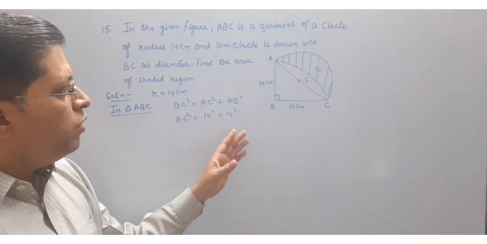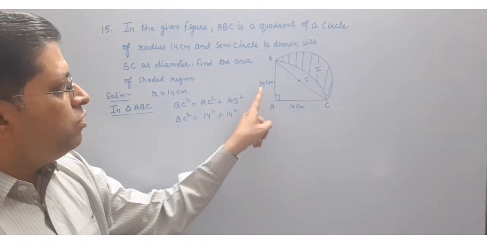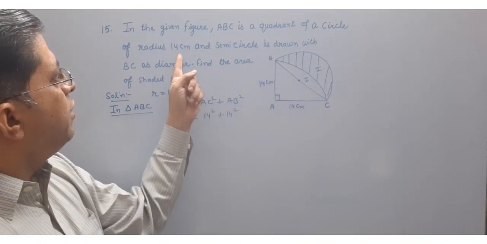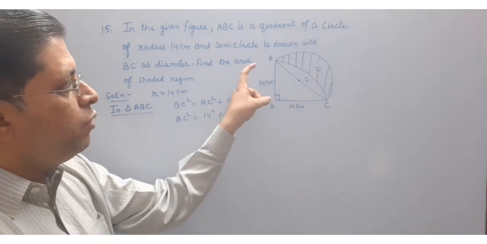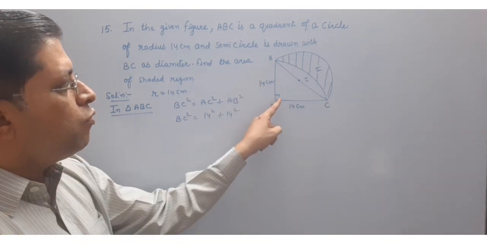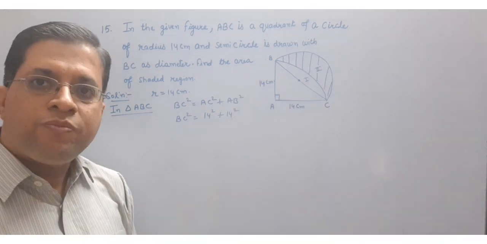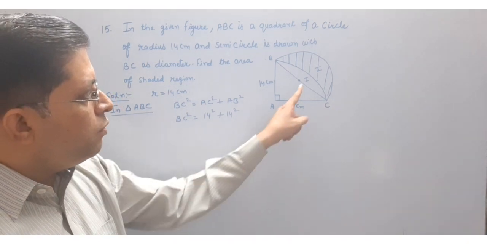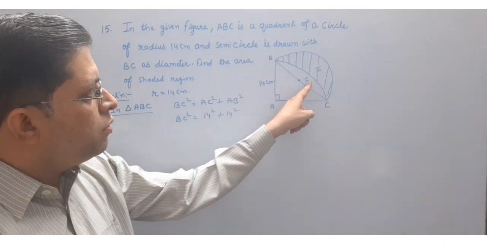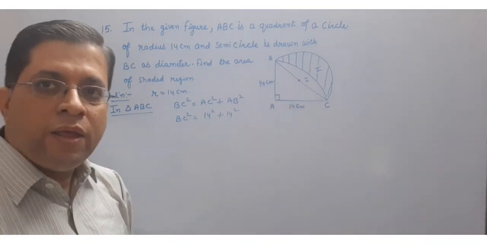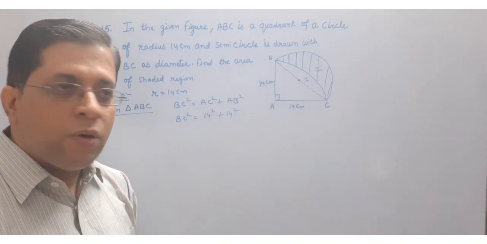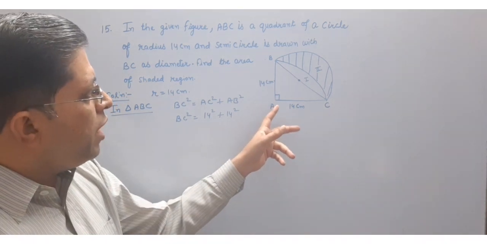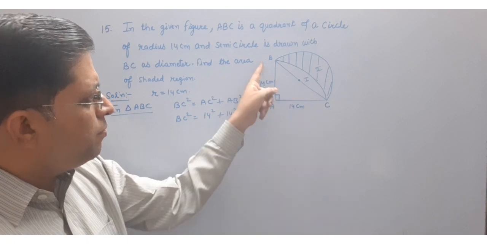Okay. So first of all, this 14 is given to you. This 14, two sides are given to you, 14 centimeter. Radius is 14. So 14 and 14 is the radius. And this is quadrant, means angle is given to you 90 degree. Okay. So I have to find out first of all this region number 1, area of region number 1. Okay. How to get it? First of all, try to get the value of BC.